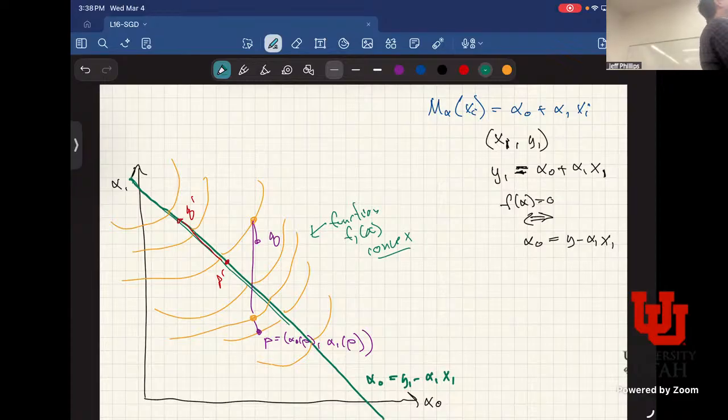The whole function has to satisfy this for all P and Q to be strictly convex. So if I looked at one slice, most of the slices, except the one parallel to the green line, are going to be strictly convex, but I need it to hold for all P and Q. So then I guess my next question is, why